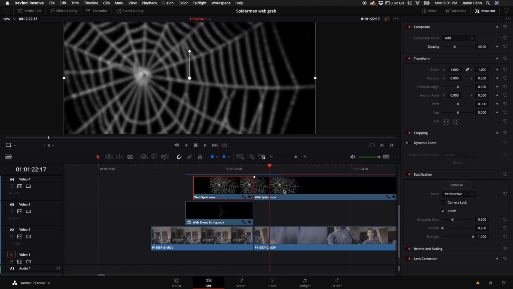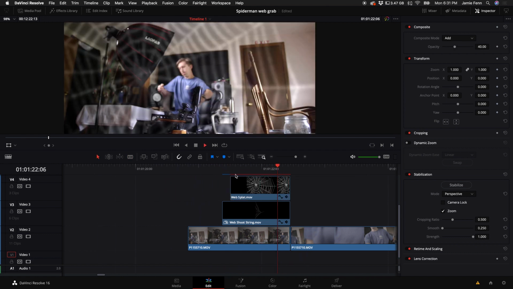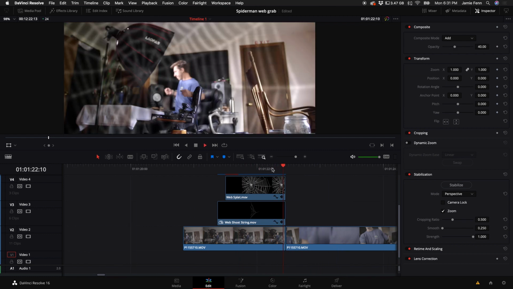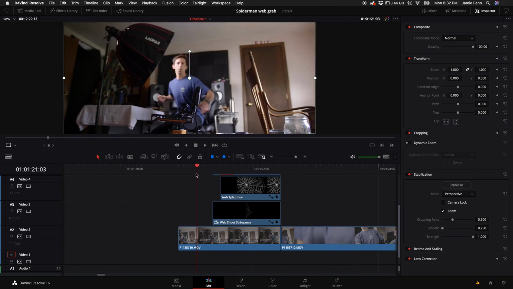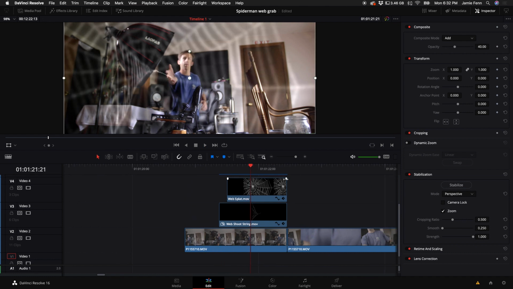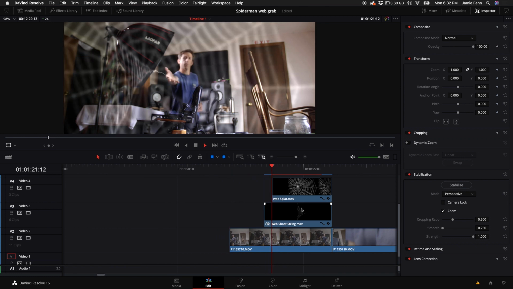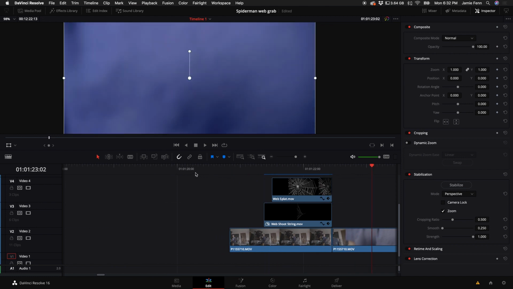And then I'm also going to trim that, get rid of the excess because I don't want it on the lens as when I pull it towards me and catch it. I can even fade it out a little bit as it gets pulled towards me. All right, so now that we have these clips set up like this, it's time to add the point where you kind of zoom the camera,